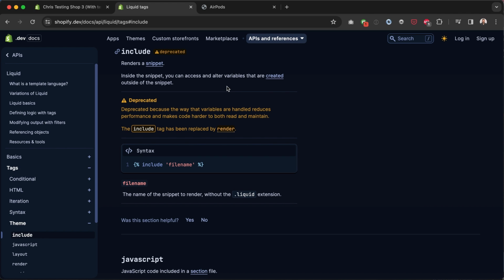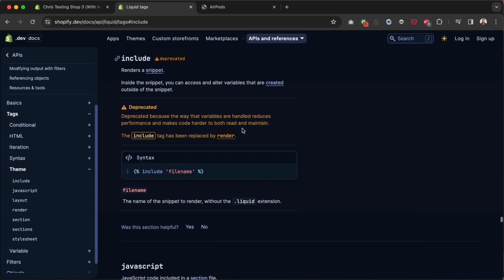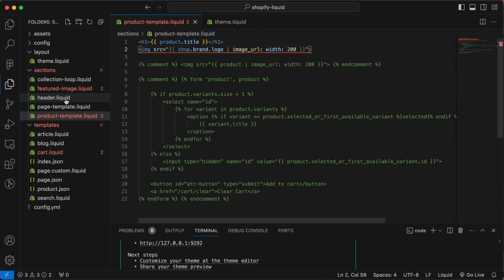Another strange one that's kind of simple is the replacement of include. Include is now render, as it says here. So the include tag has been replaced by render. For those of you who aren't aware, include is what we used to use in order to render a snippet. So to give you a quick demo here, this is super simple, but as you can